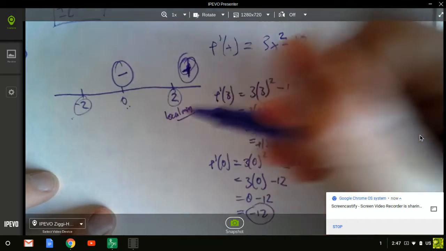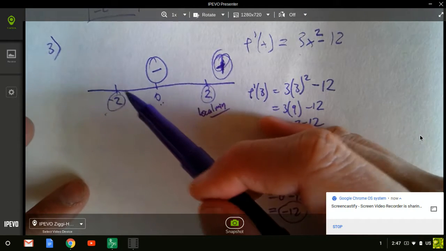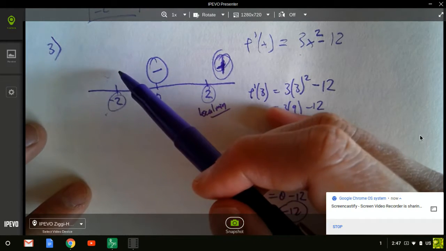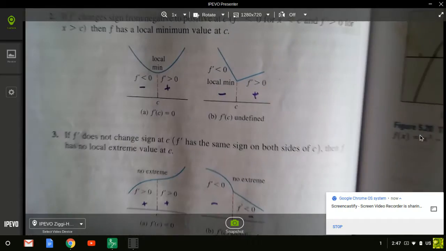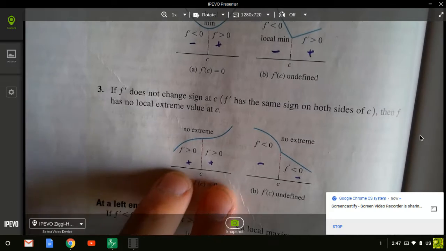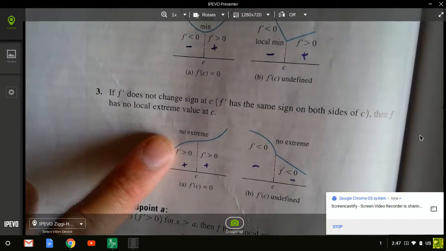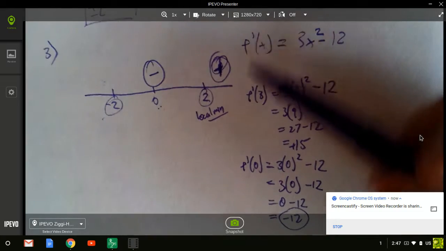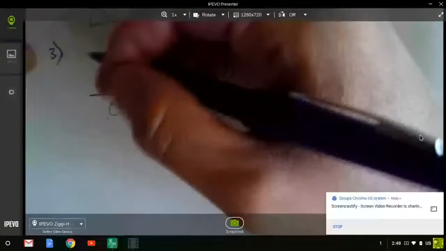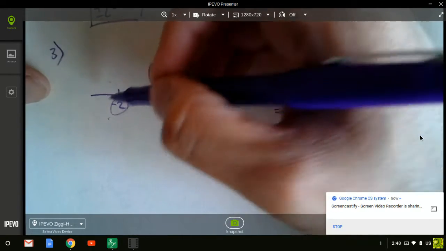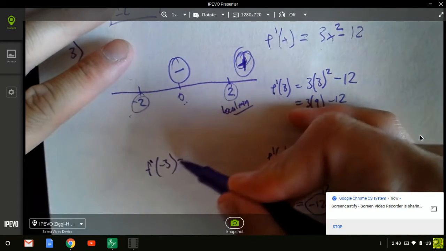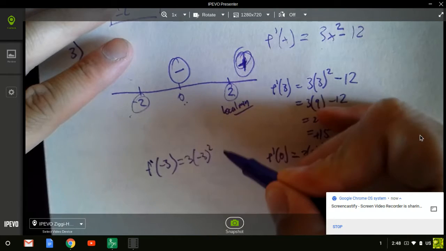Local min. So let's try out negative 2, because remember, we can't automatically assume it's going to be a plus sign, and then it's just going to be a local maximum, because you could have this situation where on both sides you might have the same sign for slope, which means you have no extreme value. It's just someplace where the graph kind of goes flat and then keeps going on, but it's not a local maximum or local minimum. So let's try maybe negative 3, which is less than negative 2. Let's do f prime of negative 3, which is equal to 3 times negative 3 squared minus 12,